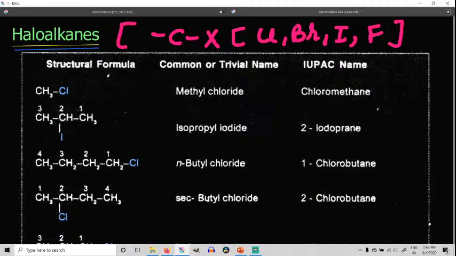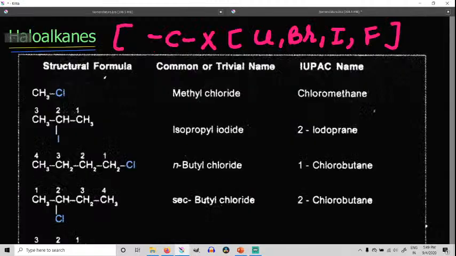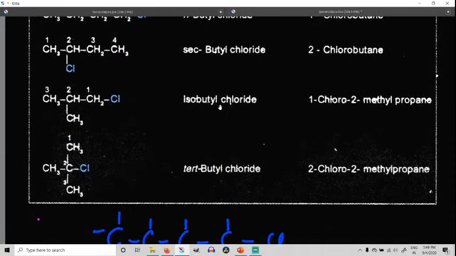Likewise, in the last case, we can see on the second carbon atom chlorine is present, and the main chain has 4 carbon atoms, right? Since on the second carbon atom chlorine is present, the prefix will be 2-chloro. And why is it butane? Because there are 4 carbon atoms, so the root word will be but. And why is ane there? Because there is a single bond between carbon atoms. So 2-chlorobutane. I hope you have understood. Yes class, understood, not understood?